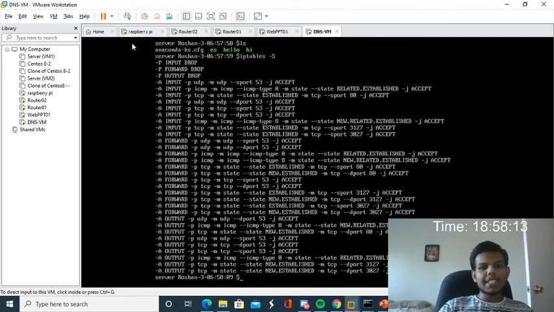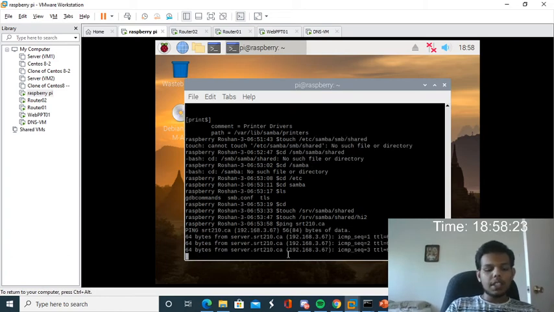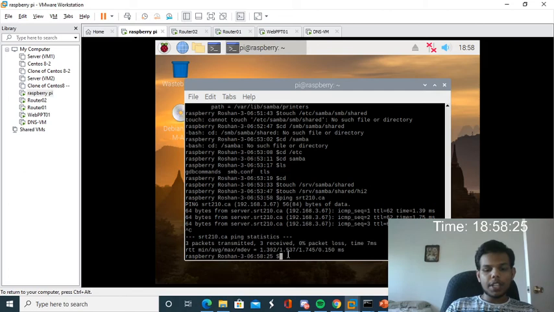So I'm going to access the DNS from my Raspberry Pi. First, I'm going to type ping srt210.ca. Okay, it's working. I can ping my domain name. Now I'm going to type ping www-1.srt210.ca.